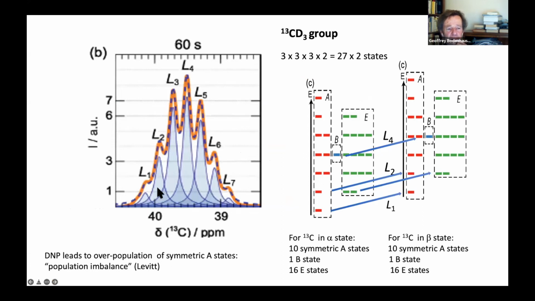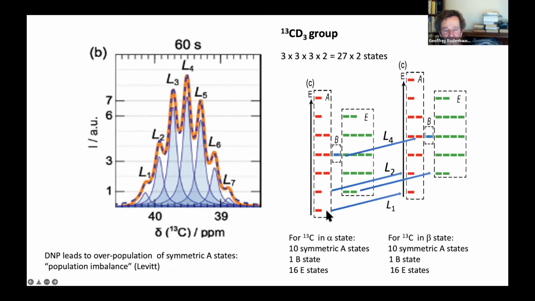For the NMR people, we just retain that there are 7 lines. So this is a triplet of a triplet of a triplet, in each case with equal splitting and equal amplitude, 1-1-1 triplets. And if you look at the energy level diagrams, then you realize that for these here on the left side, there are 27 states that all belong to the carbon alpha, and there's another 27 states that all belong to the carbon beta. And these can be classified according to symmetry. Technically speaking, in group theory, these are called irreducible representations, but we can just call them A, B, and E.